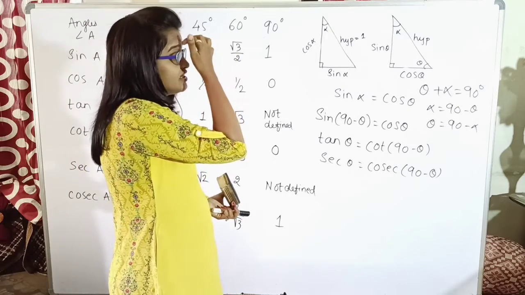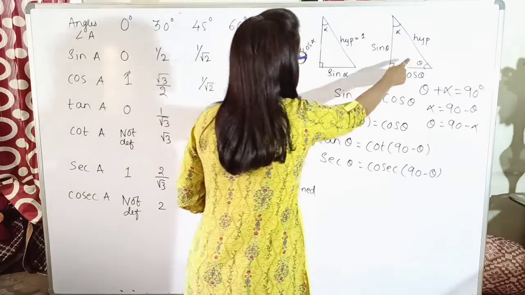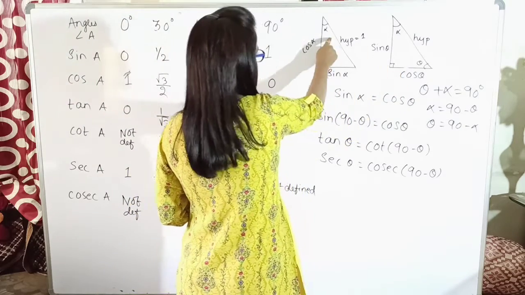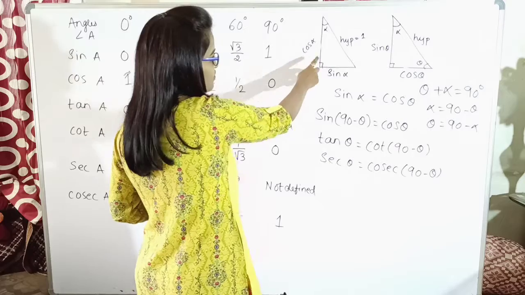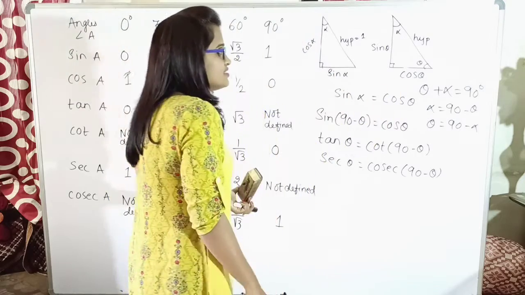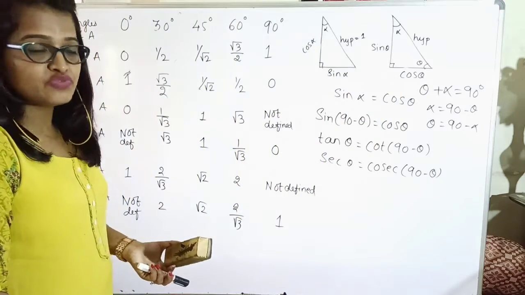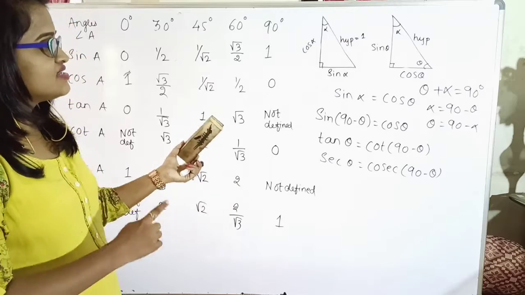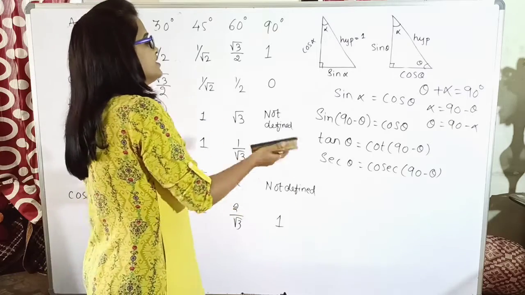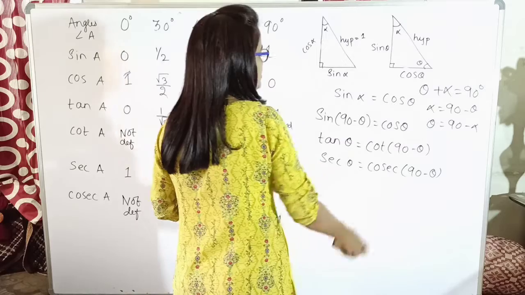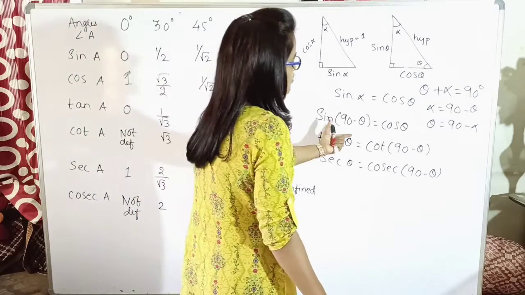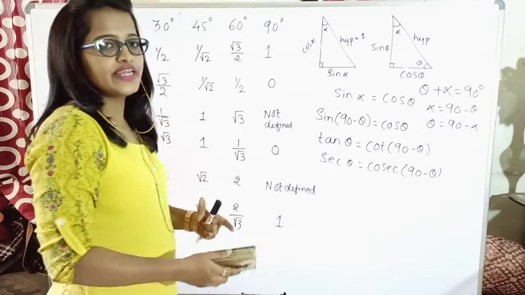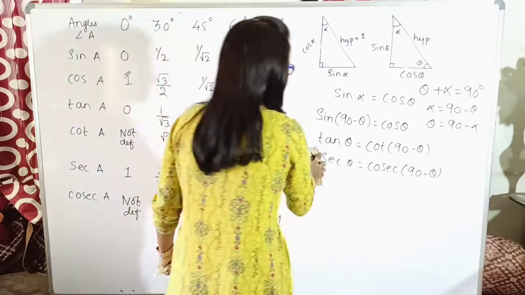So as I have shown in the figure also, with respect to theta, this is sine and cos, and with respect to alpha, this is sine alpha and cos alpha. These two are the length of the same side, hence they will be equal. And since alpha and theta add up to 90 degrees, replacing alpha, it will be 90 minus theta, which will give me the ratios between sine and cos, tan and cot, and sec and cosec.